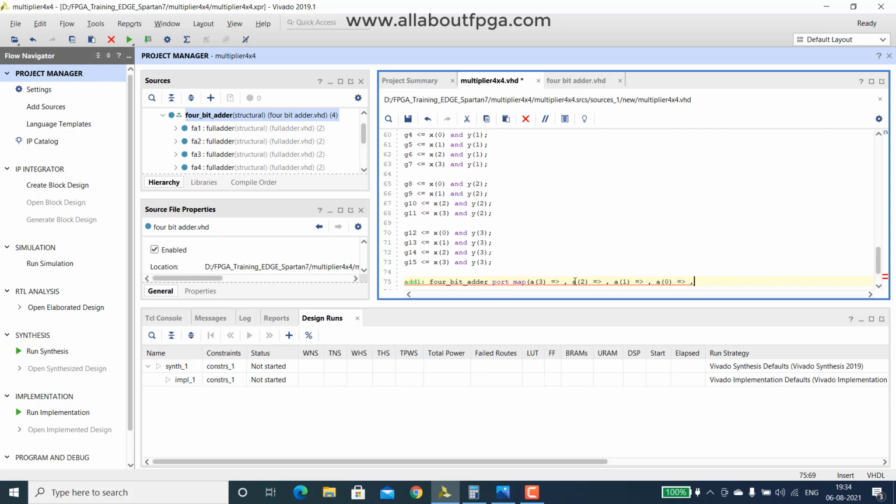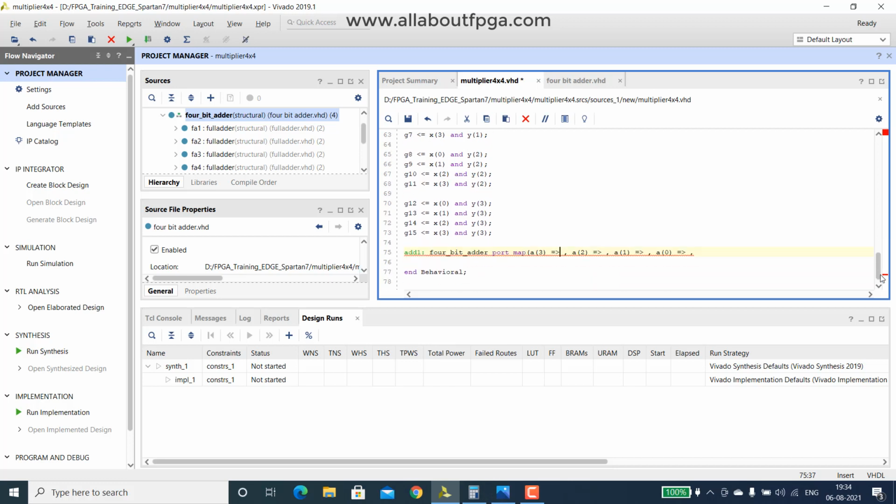So for this we have to assign the corresponding gate outputs, like G1, G2, G3, like that. So I will keep this as it is, and also declare the B inputs, like B of 3. I simply copy it once and rename it as B.